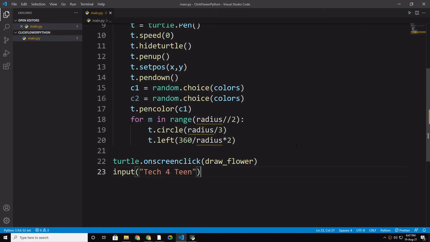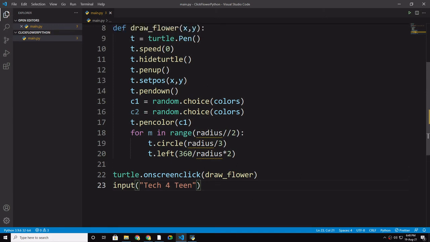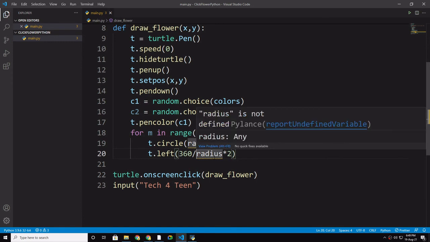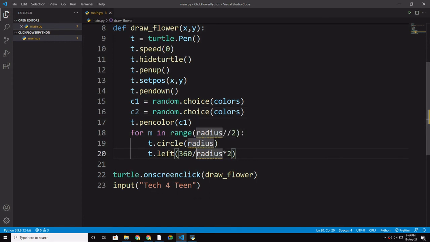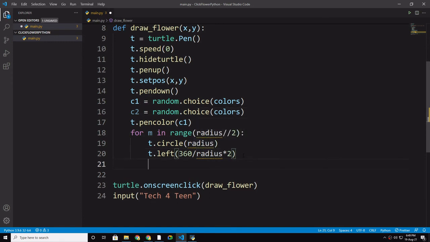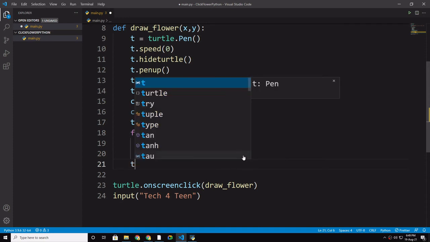Okay, now I got why this error is coming. So you should just give your radius here, and you should give this only, and now you should keep enter and t.pencolor